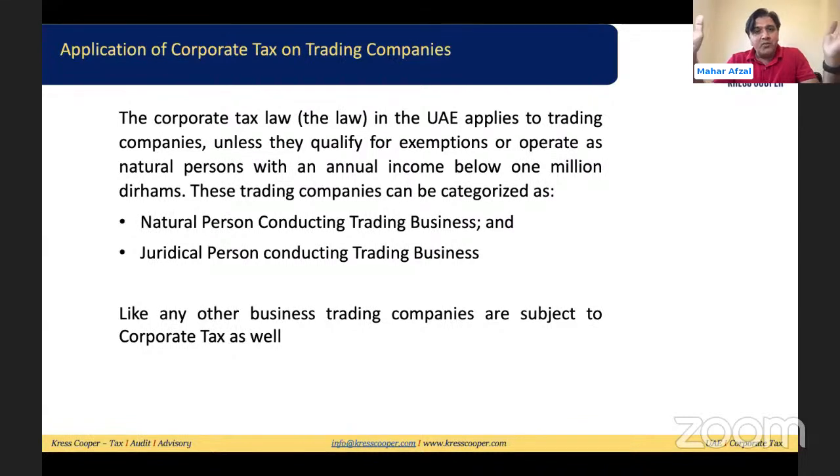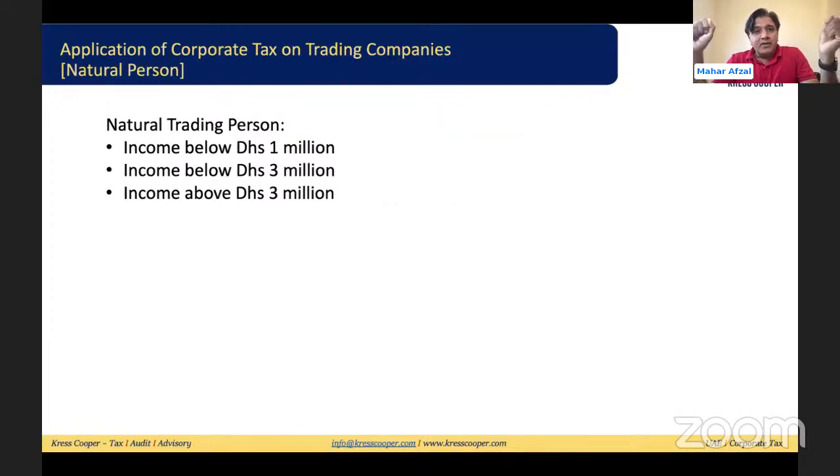So we'll look into this. What will be the implications of corporate tax if the natural person is doing the trading, and what are the implications of corporate tax if the juridical person is doing the trading? As we know, the natural person can be a sole establishment, it can be a civil company, or it can be a freelancer. If any natural person is doing the trading in the UAE,